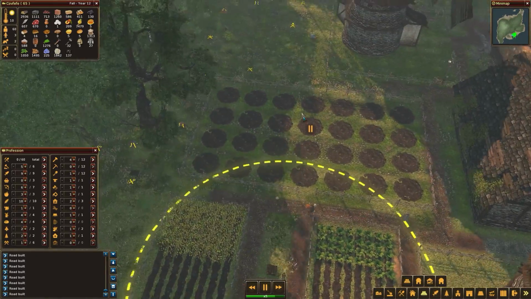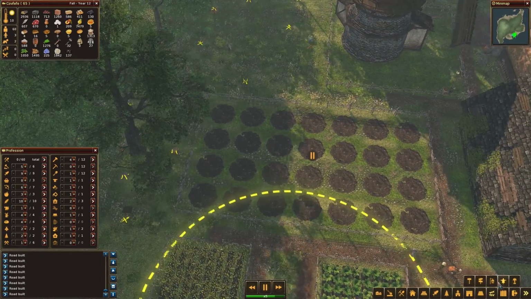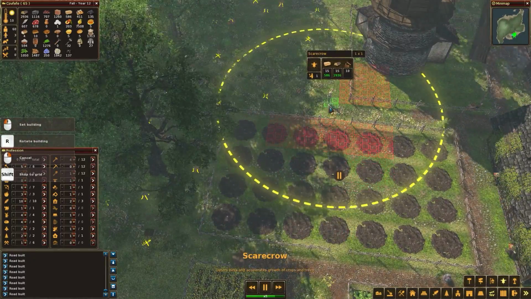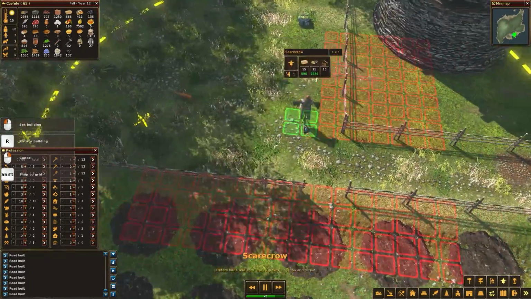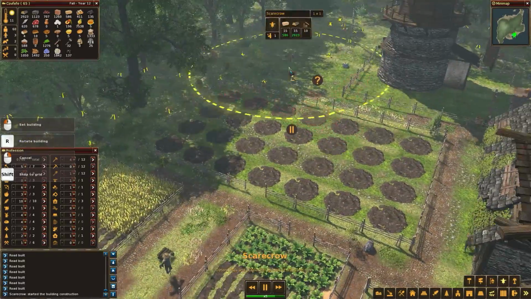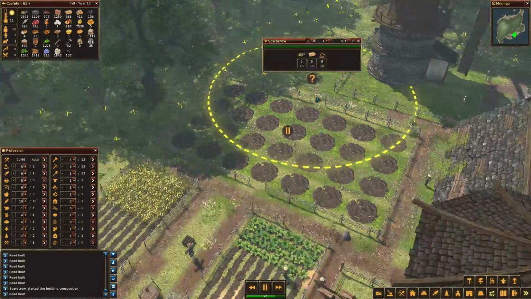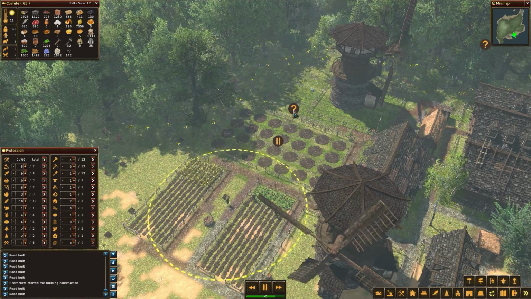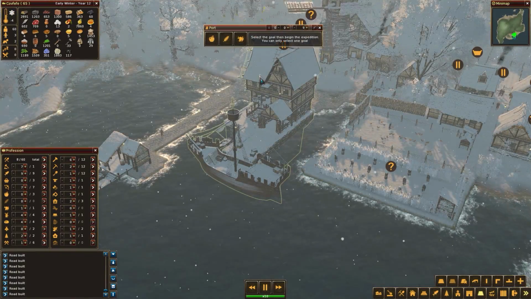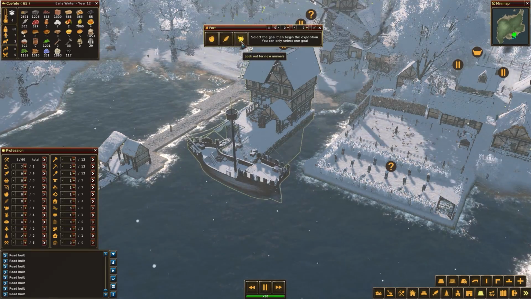Oh, and we should also make sure we've got some decorations at this end. So that is going to be at least a scarecrow about there, say. So I'm sure that will be just fine eventually. Not too bad. Well, winter is here, and conveniently we've got a ship sorted out, so we can go and